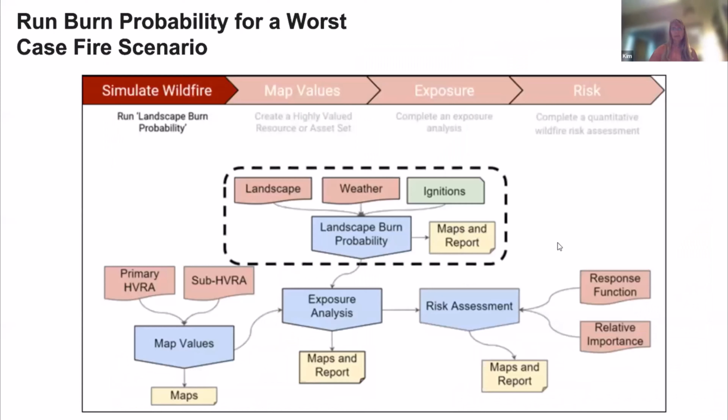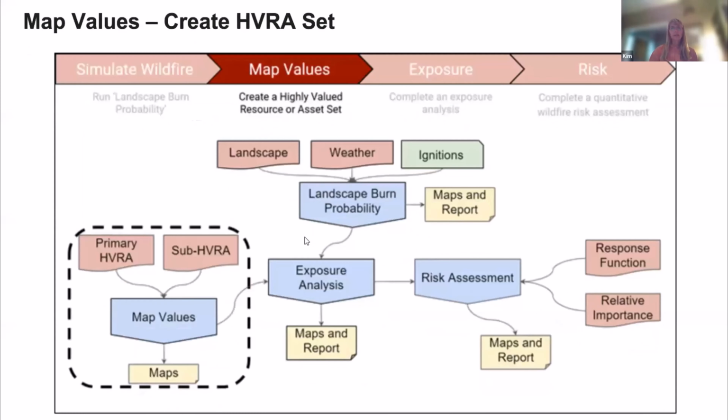walked into sort of a process using IFTDSS to simulate some of this burn probability and look at some of the model outputs for flame length and rates of spread to come up with an exposure analysis. So we started and walked through these several steps here. So the first step was looking at that landscape burn probability, and then mapping those values, like I talked about earlier,